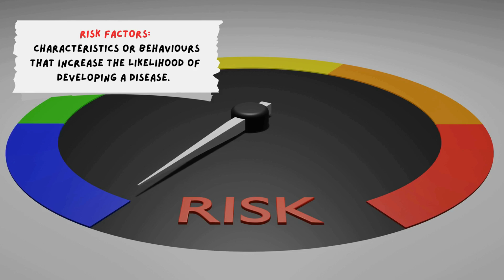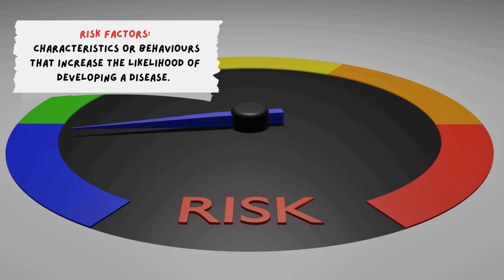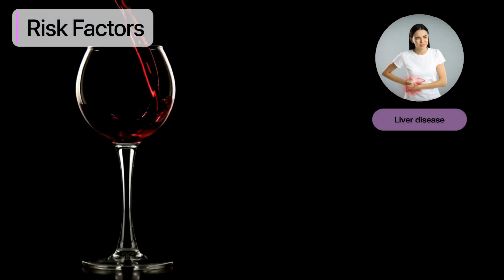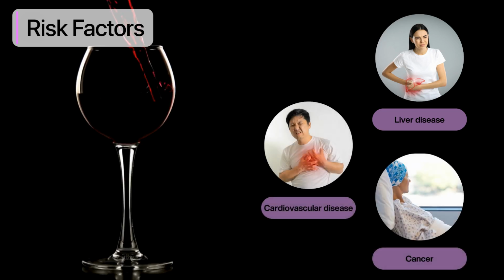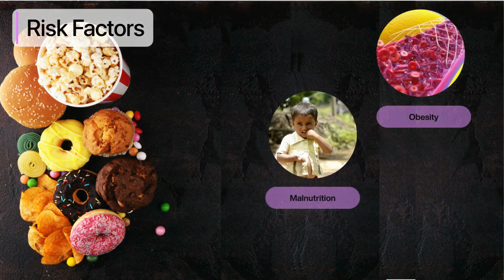Risk factors are characteristics or behaviors that increase the likelihood of developing a disease. For non-communicable diseases, these risks can be broken down into three main categories. The first category surrounds lifestyle choices. Excessive intake of alcohol can lead to liver diseases and is also a risk factor for cardiovascular diseases and certain cancers. Poor dietary habits, like consuming too much sugar or fats, can result in obesity, malnutrition, and an increased risk